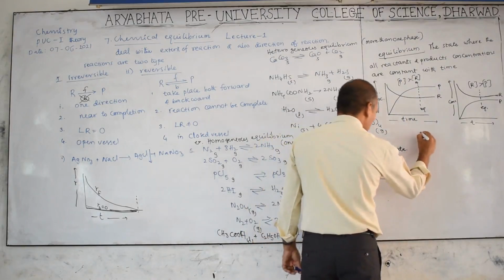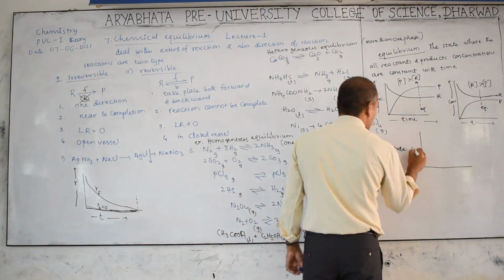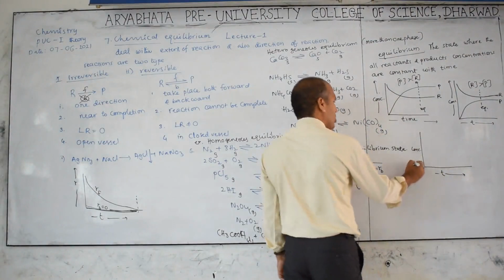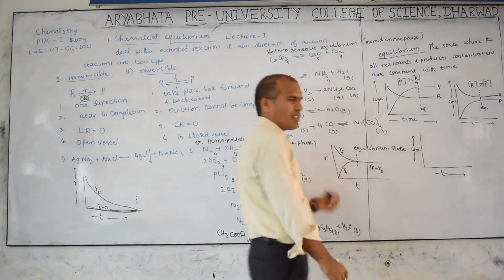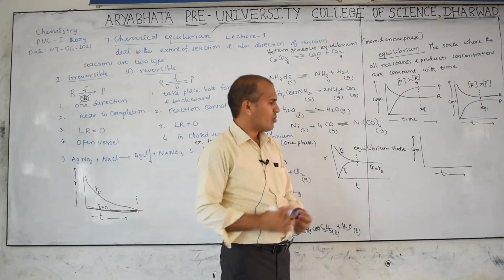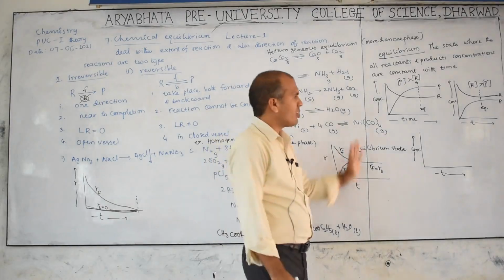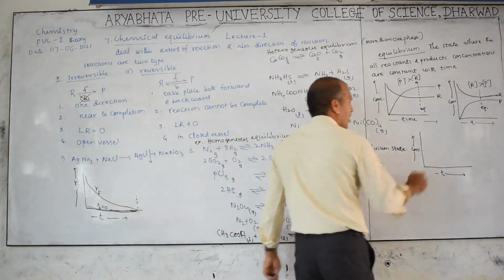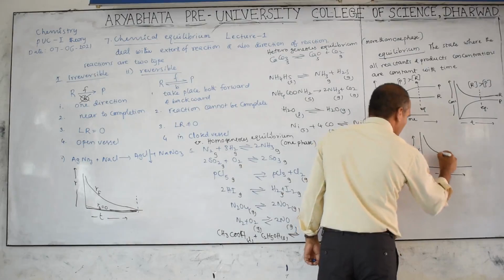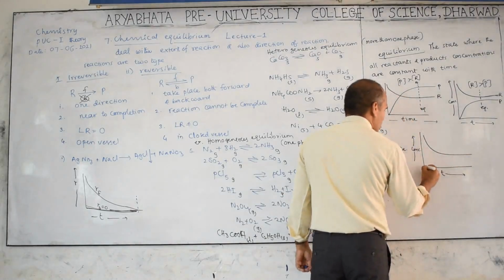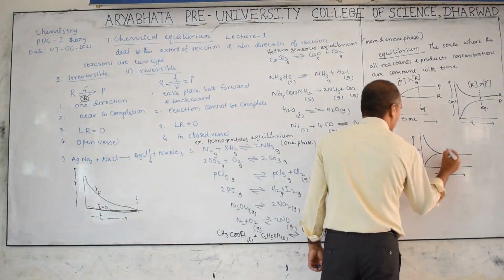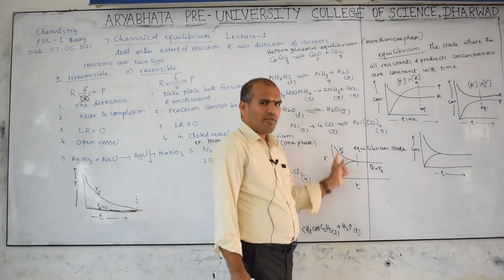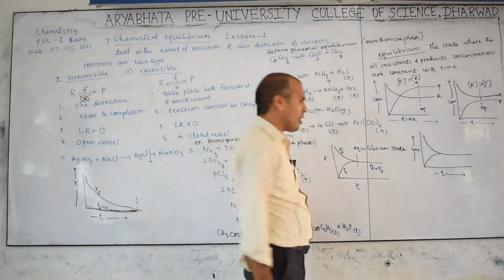Next, another graph of concentration and time will also be there, all indicating equilibrium only. Don't consider any one graph as the equilibrium and the remaining as not. This is also indicating equilibrium, this is also indicating equilibrium. Then what is this different graph here? The concentration of reactant decreases with time and the concentration of product increases with time. Now consider here the rate of forward reaction is equal to the rate of backward reaction.